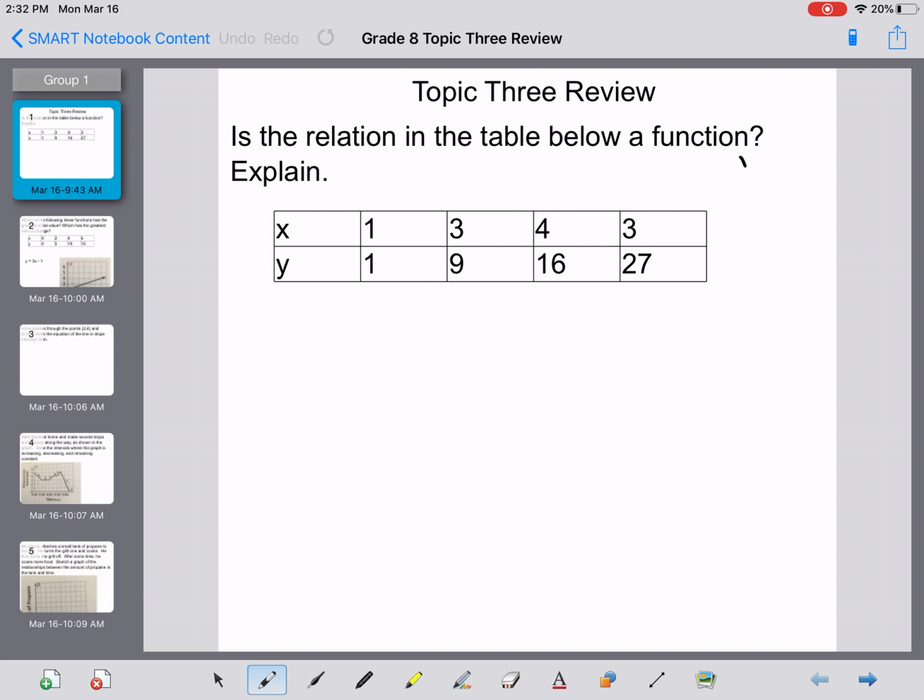In order for a relation to be a function, the x value cannot repeat. So I just have to look to see that my x value does not repeat. I have 1 for my x, 1 for my y. That's okay. I have a 3 here. I notice I have another 3 here. So this is not a function